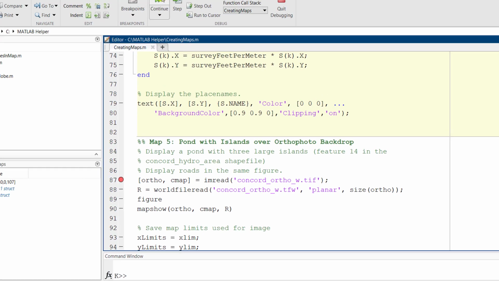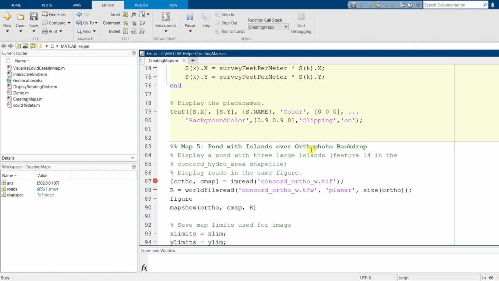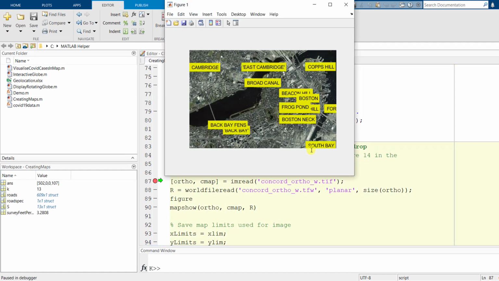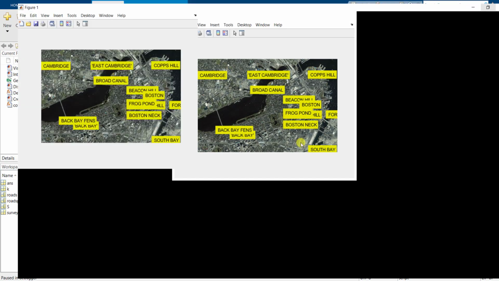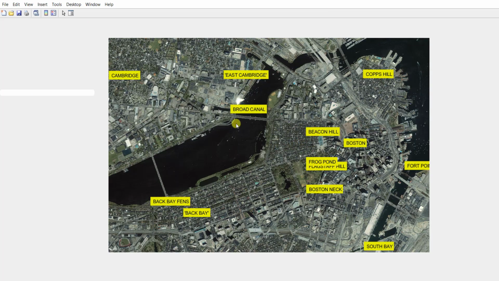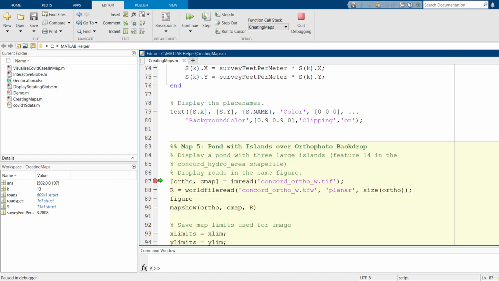Now let's see this map. Here we can see that the map of Boston, which is the background, has been labeled with the place names in its particular latitude and longitude location. Moving on to the next part.